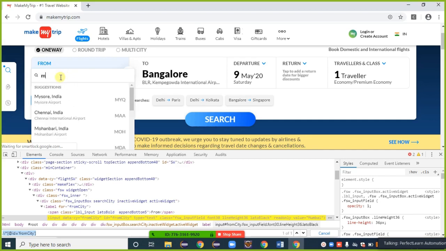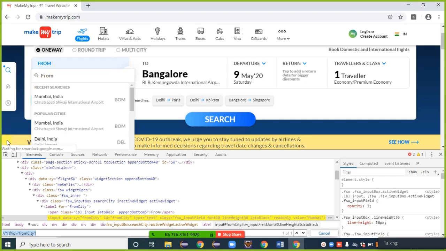I am providing MUM initially. I can provide the total word here also, Mumbai, no problem. So first inspect this one, then we can send keys inside that text box.